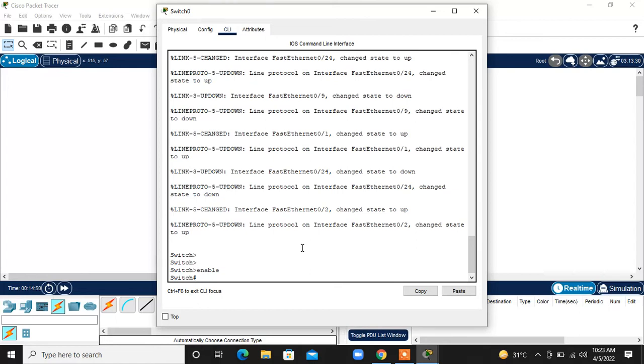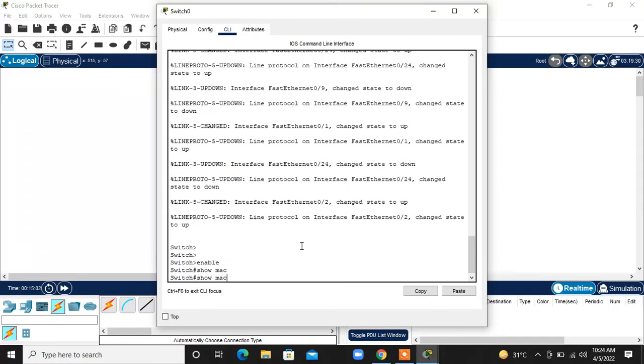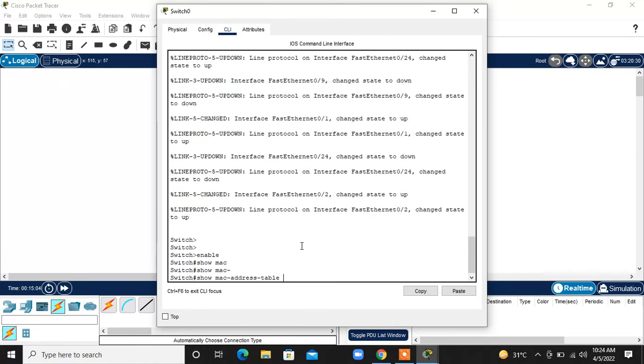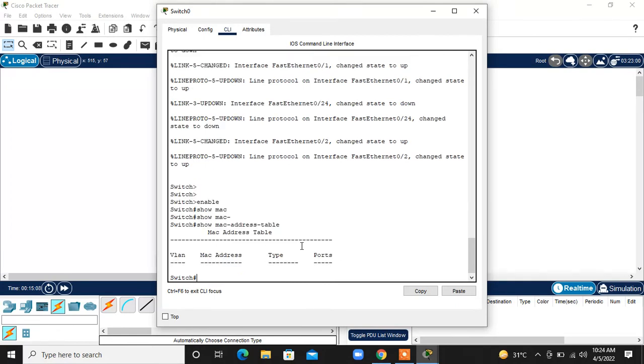So here, if you want to see all the MAC addresses at the switch level, you can run the command show mac, and if you press tab, it will automatically complete your command, right? If not, just type hyphen address-table. As you can see, as of now we do not have any entries,